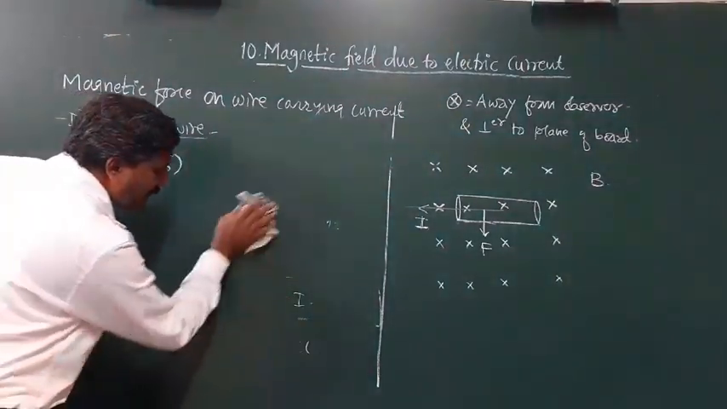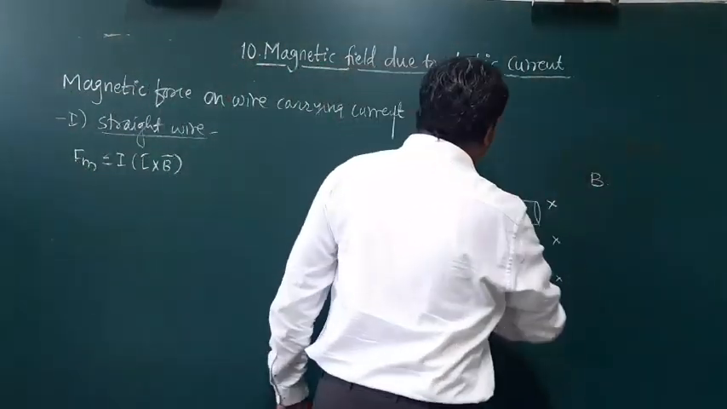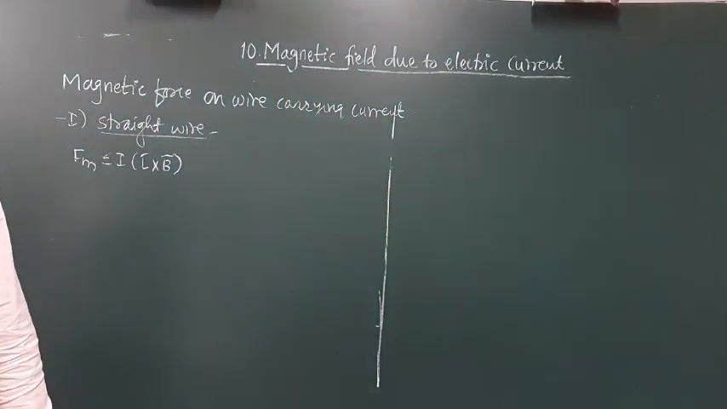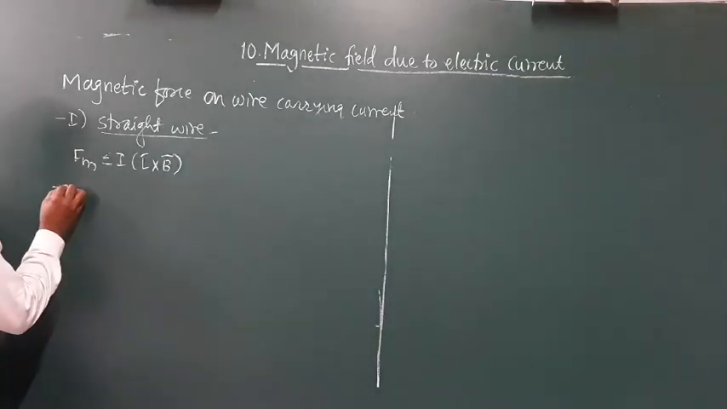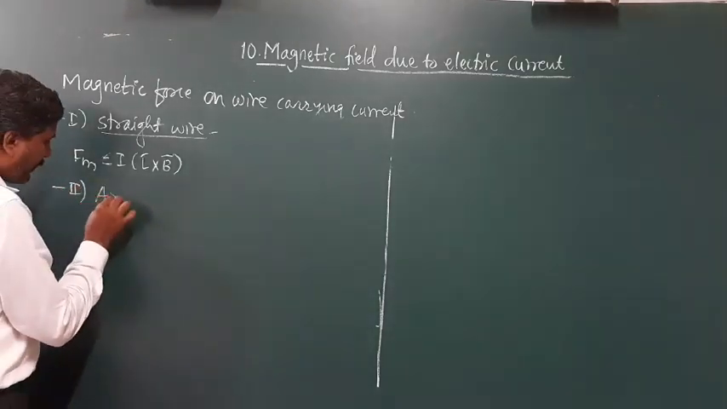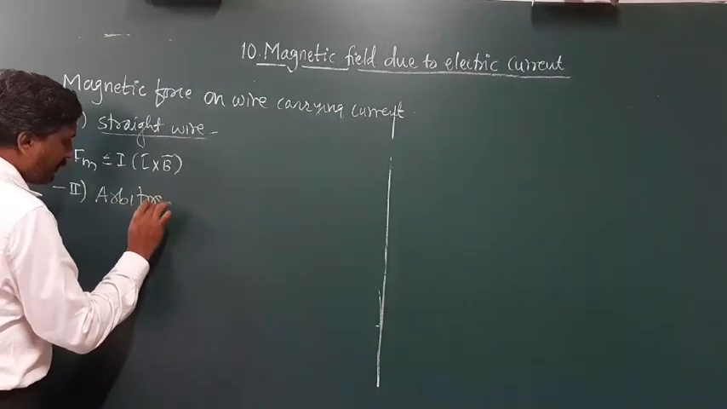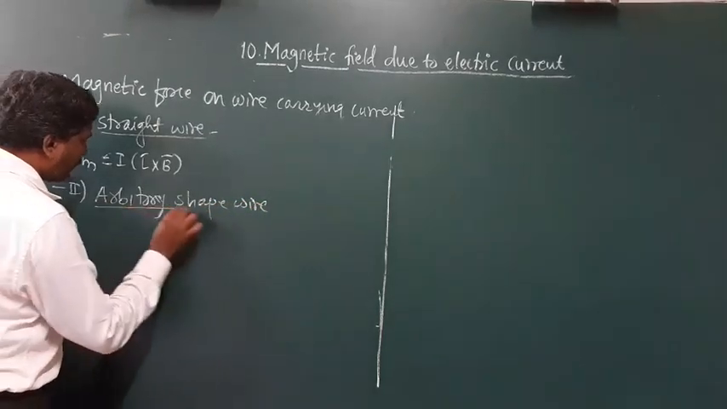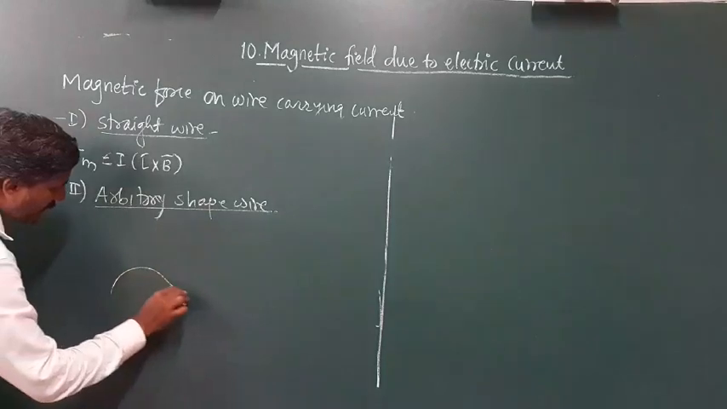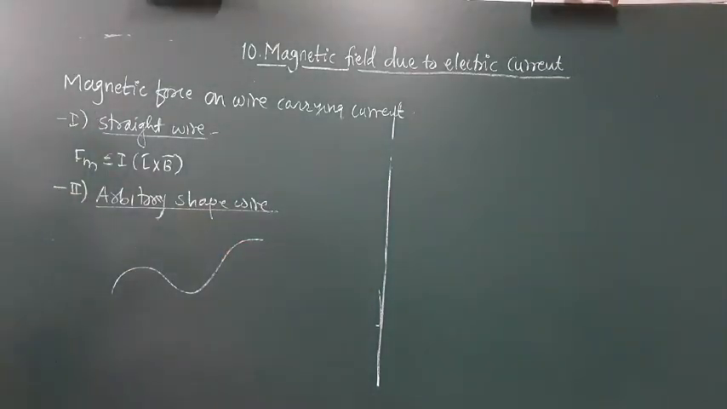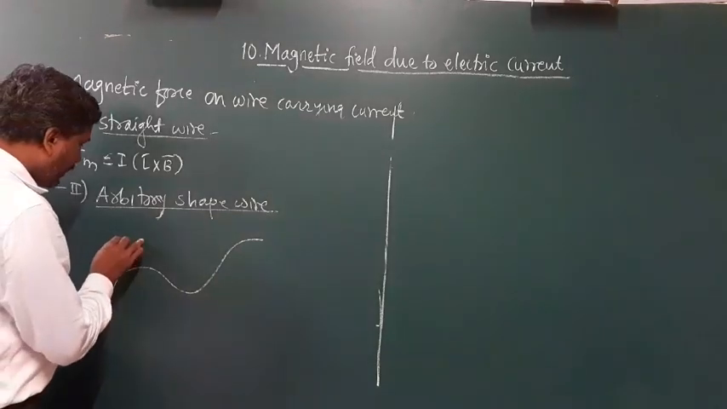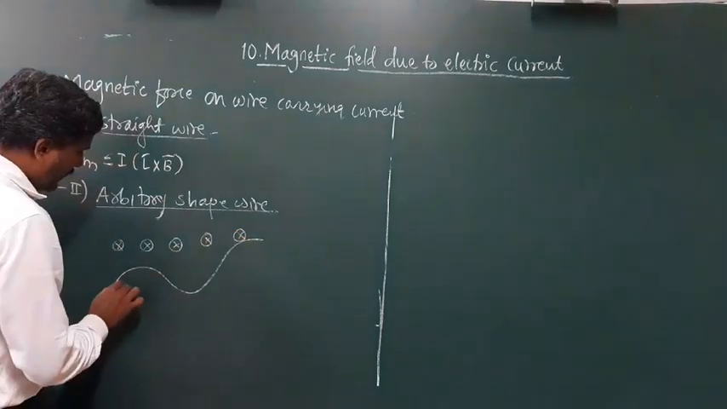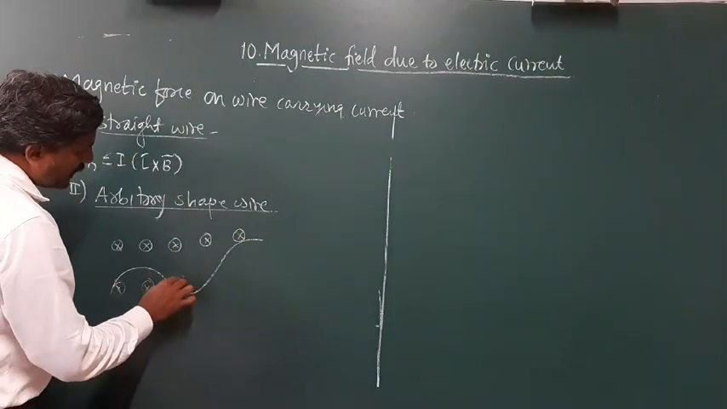Now, if a straight conductor is given, then the force is given by F equals I L B sine theta. Now there is one more case, that is, an arbitrary shape wire. So we have to discuss the second thing. Now this is my arbitrary shape wire, and through it the current is flowing. The magnetic field is placed here. This magnetic field is a uniform magnetic field, and you can easily tell it is a cross,